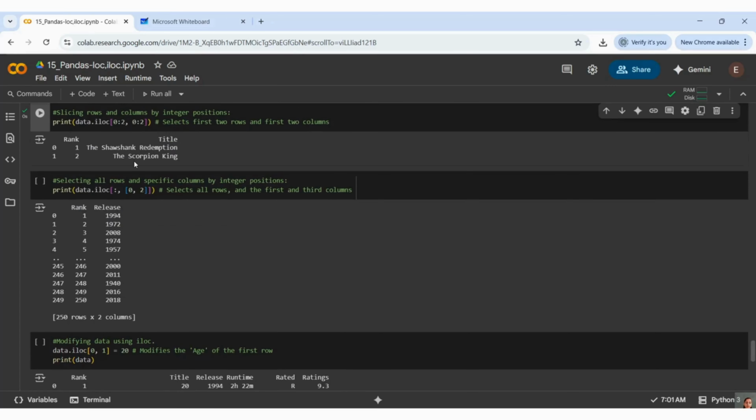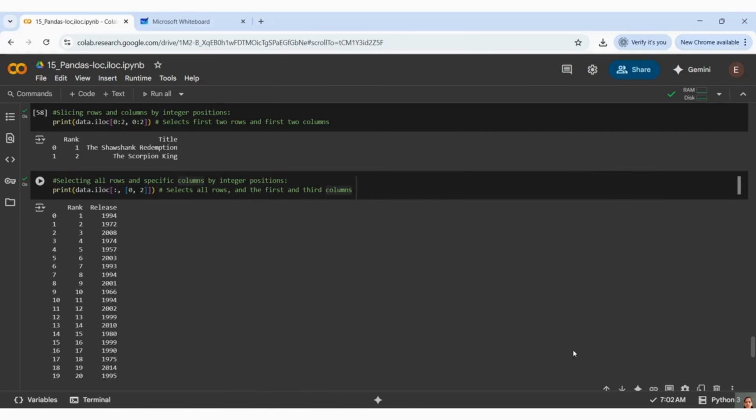Let me see another example of how to get all rows and specific columns by integer. See here I have taken data.iloc. I have already told you guys, whenever we have just a single colon, you will get all rows at that time because there is no specific mention, right? And when I am doing this 0, 2, that means I need the specific 0th column and second column, right? And this is how I am getting my output, right?